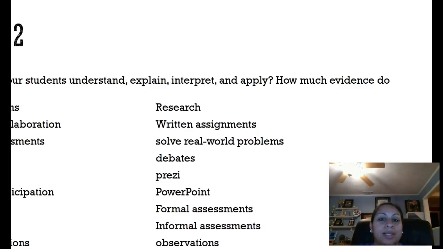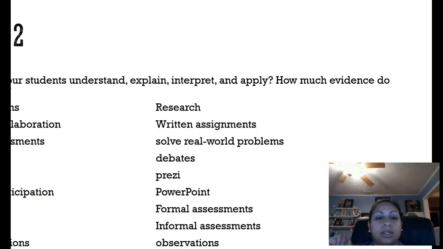How will they explain, interpret, and apply the knowledge that is being acquired? How much evidence do we need to know that this is taking place? We have discussions. It could be group collaborations. It could be formal and informal assessments. They don't necessarily have to be tests or 9 weeks exams or semester exams. It can be just formal assessments. It can be